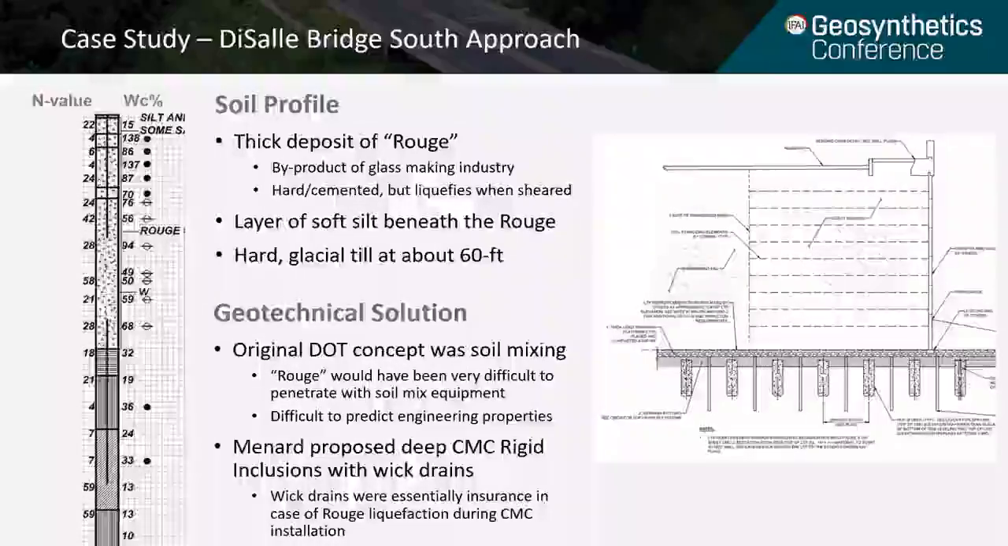The DOT originally spec'd this part of the site for deep soil mixing. The issue with that was not only it would have been difficult to get the mixing tools to even get through it, but then you have to account for potentially high variability in the end product because the initial fill is so variable. So Menard proposed an alternate solution to effectively bypass the rouge layer with a grid of CMC